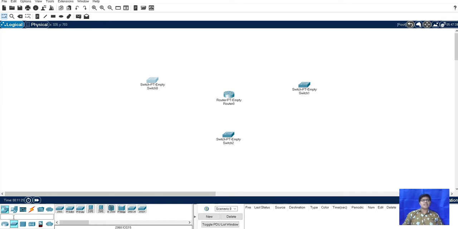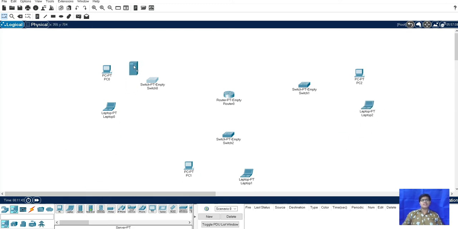After that, we will go to the end devices, and first we will take here PC1. Here will be one PC, and here will be one PC. After that, we will take one laptop here, one laptop here, and one laptop here. After that, we will take a server.